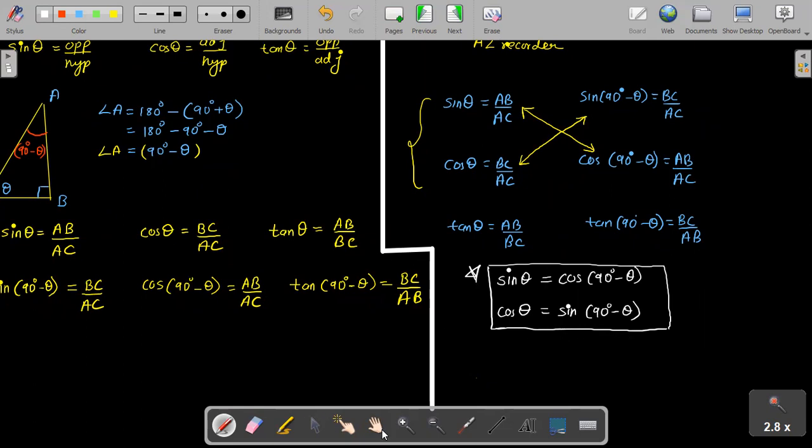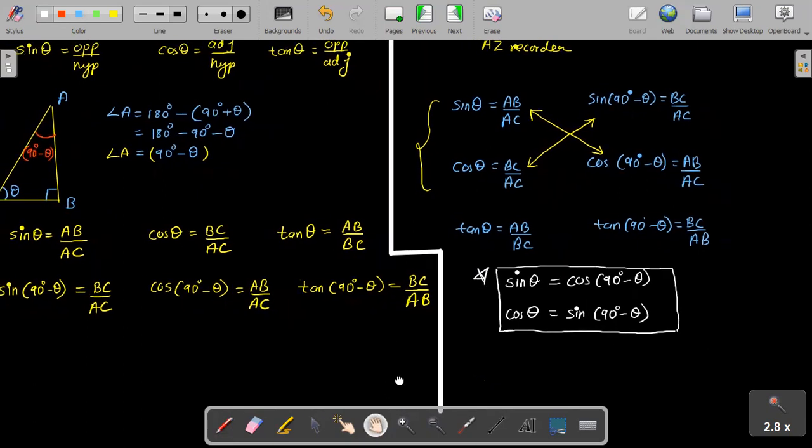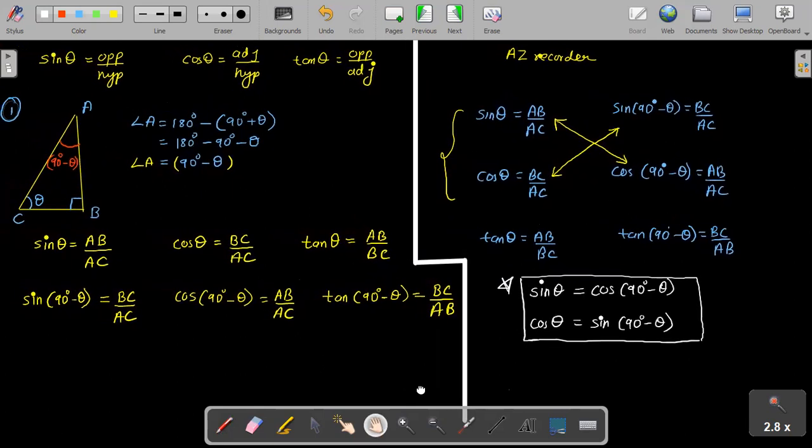Excuse me, ma'am, if we have to substitute some value in this, how do we do it? The value of theta will be given in the question. If the value of theta is given, we get 90 minus that value. Suppose sin is 30 degree, then you will do cos 90 minus 30 and get some number there. And ma'am, nothing to do with cos theta? It depends on the identity. I will tell you the types of questions too, then you will understand what kind of questions they can ask you.